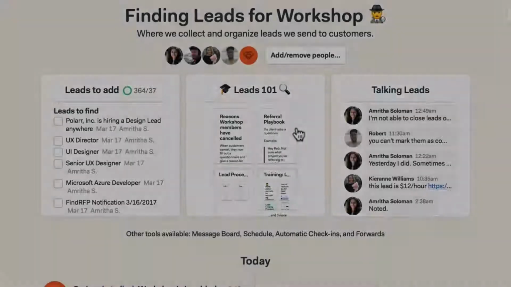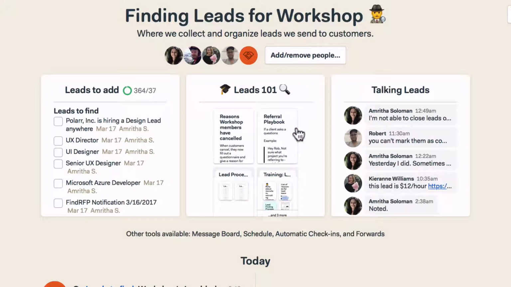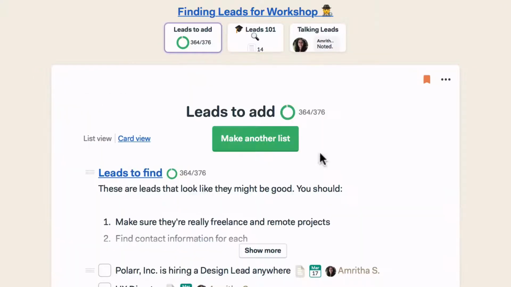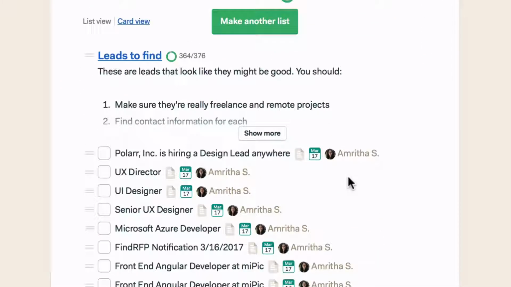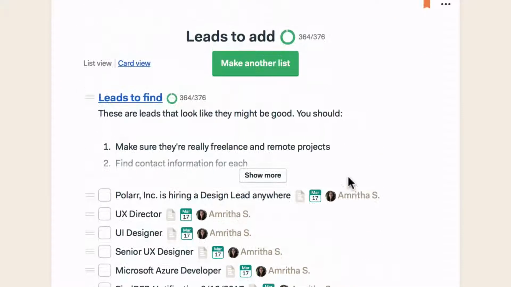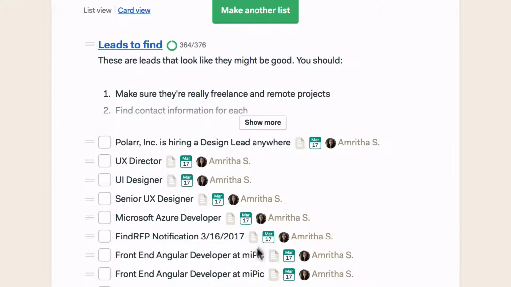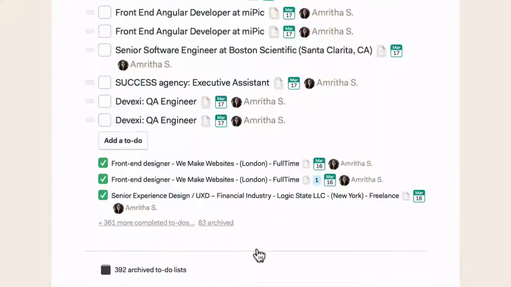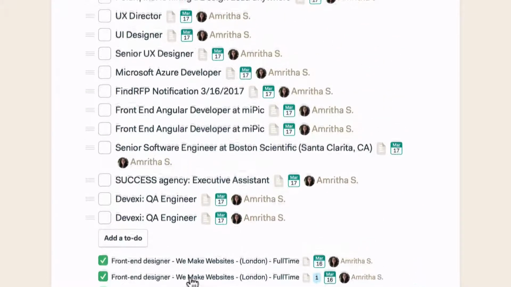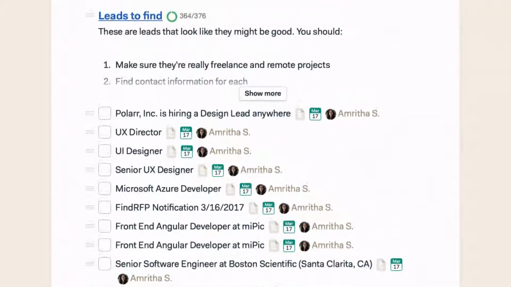Hey, so I want to walk you through a way you can set up a lead pipeline for your freelance agency business. So the way I do it is I have a to-do list in Basecamp that I can check once a day, and it automatically sorts through thousands of different websites for potential projects for me. The best part is everything that's in it is hyper relevant to the work I do and the type of